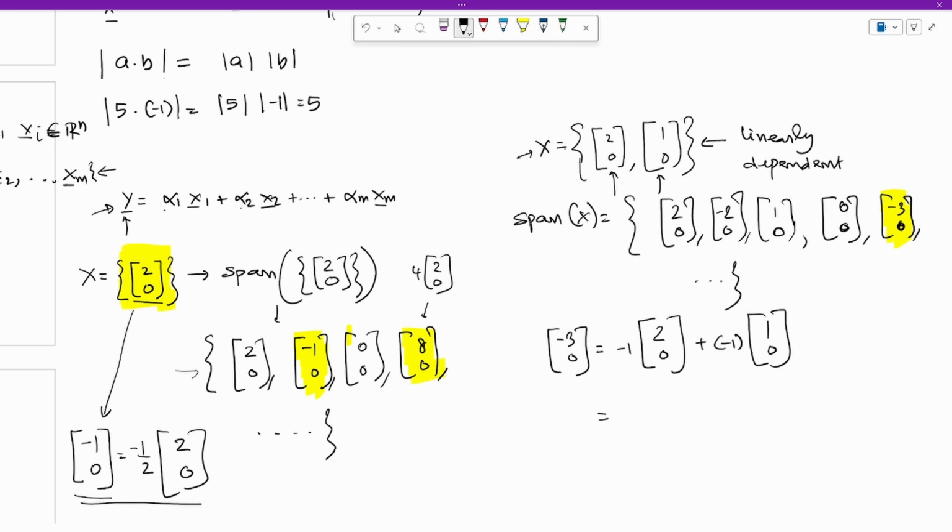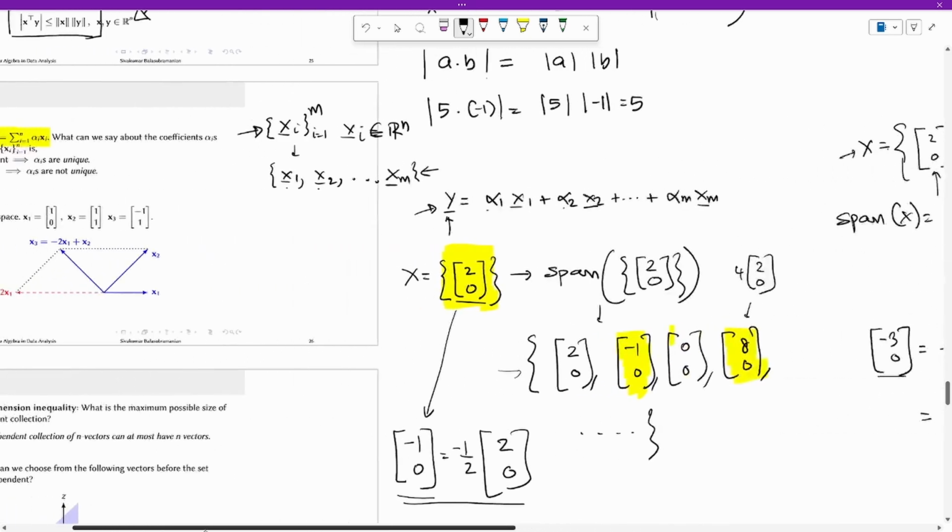Well, yes, you can simply say 0 times 2, 0 plus... This will also produce it. In fact, you can write an infinite number of ways you can produce minus 3, 0 from the original 2 vectors. Okay. So the point I am trying to make is